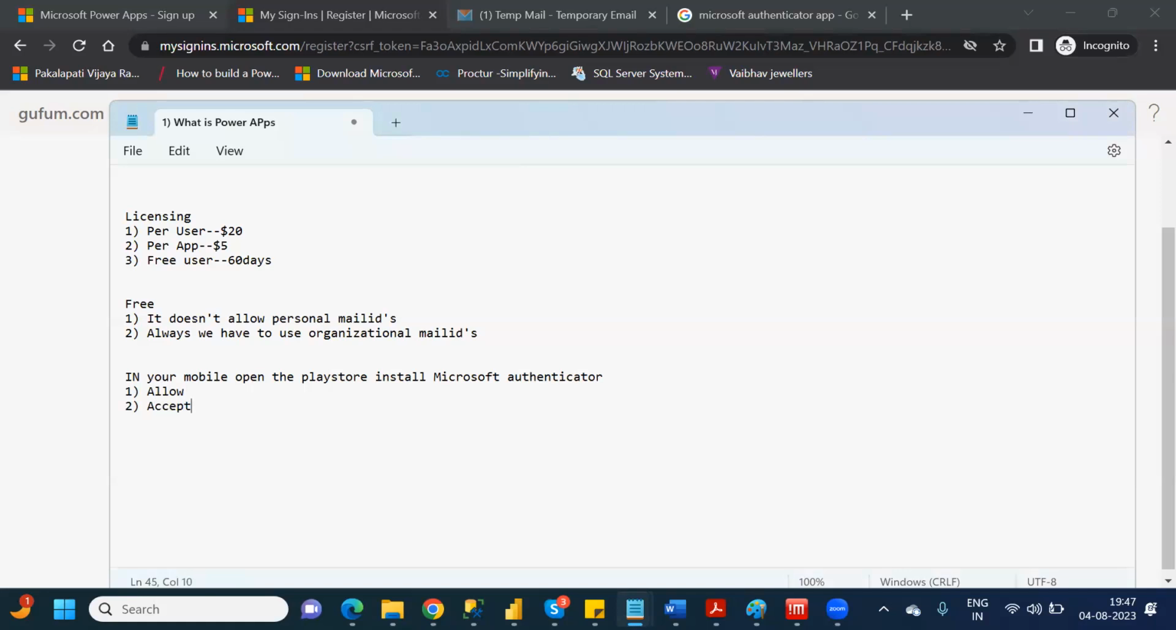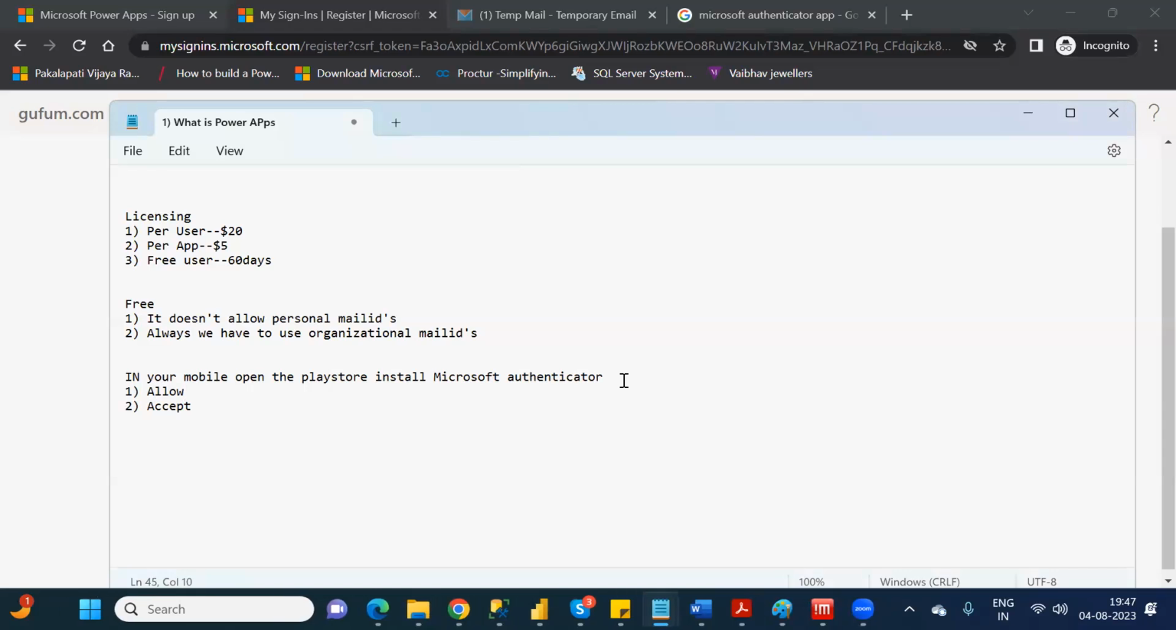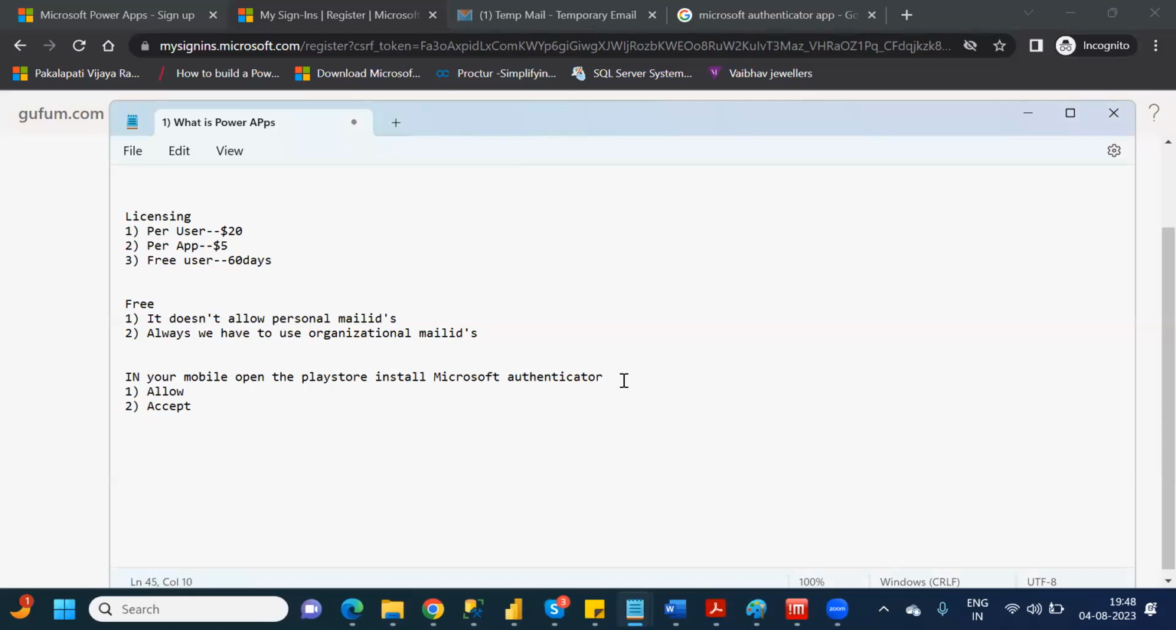In your mobile, whenever you open the Microsoft Authenticator app, first it is asking to allow the notification. You can click on that. And after that, click on accept. After that, if you want to share anything like that, you can check the checkbox and continue. After continuing, below that, you will have an option like